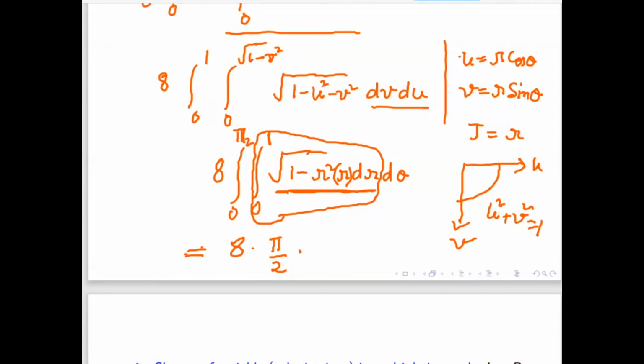Sir, 1 by 3. 1 by 3. Then this 2 divided by 8, if you divide by 2, it will come 4 pi by 3. So this is the volume of the sphere with center 0, 0, 0 and radius 1 by using the triple integral. So if in the question it is written by using the triple integral, then you will find it this way, otherwise you can directly use it if you know the volume.